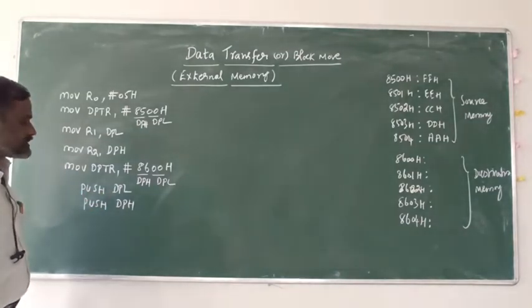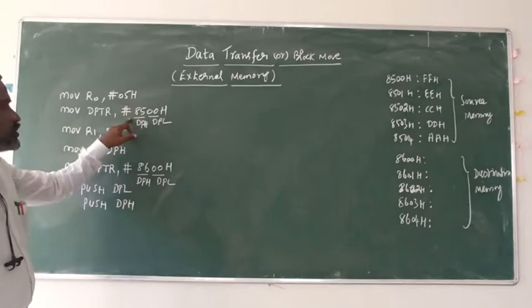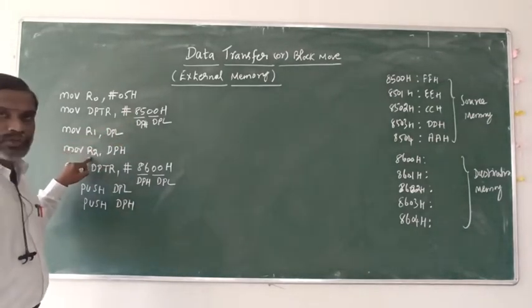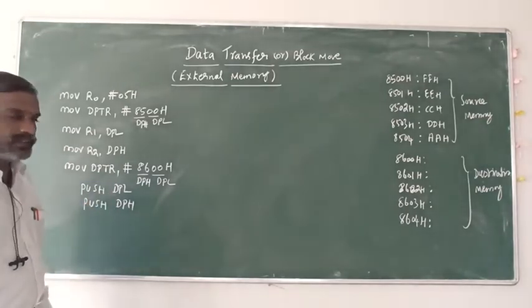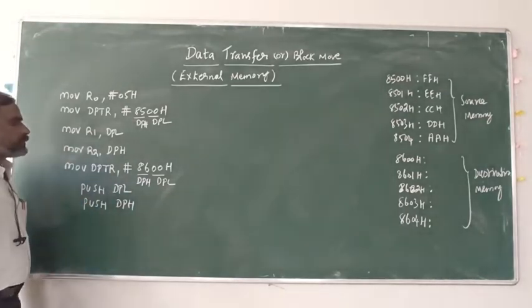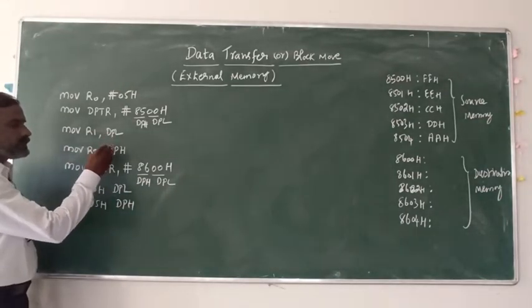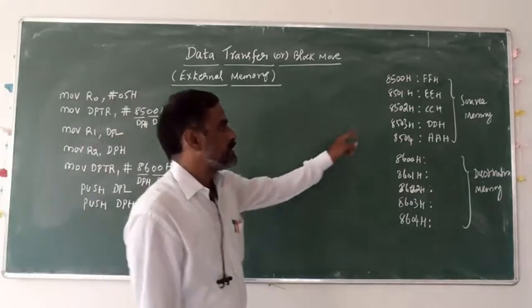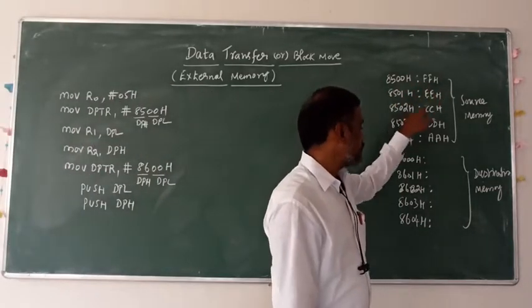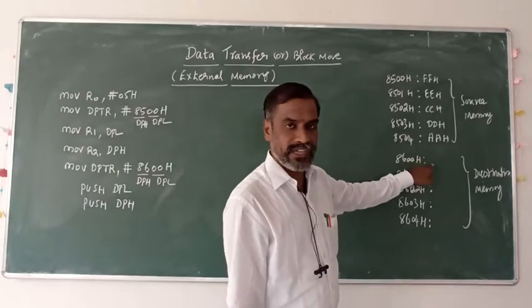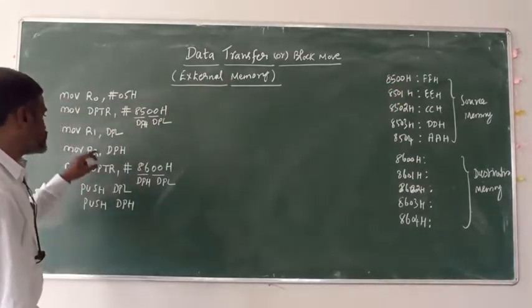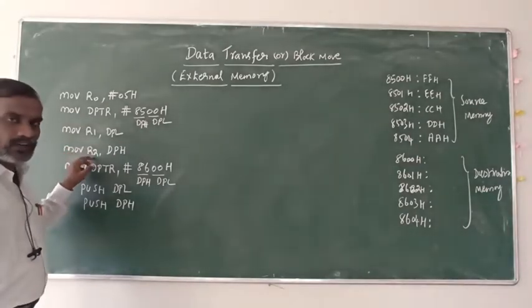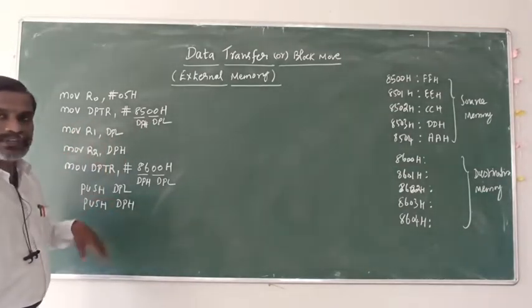Okay. Next, the source address is available in R1 and R2. The destination is available in the stack. Next, we have to move the source address data to the destination memory address location. For that, this address is available in R1 and R2, and again we have to move it into the same